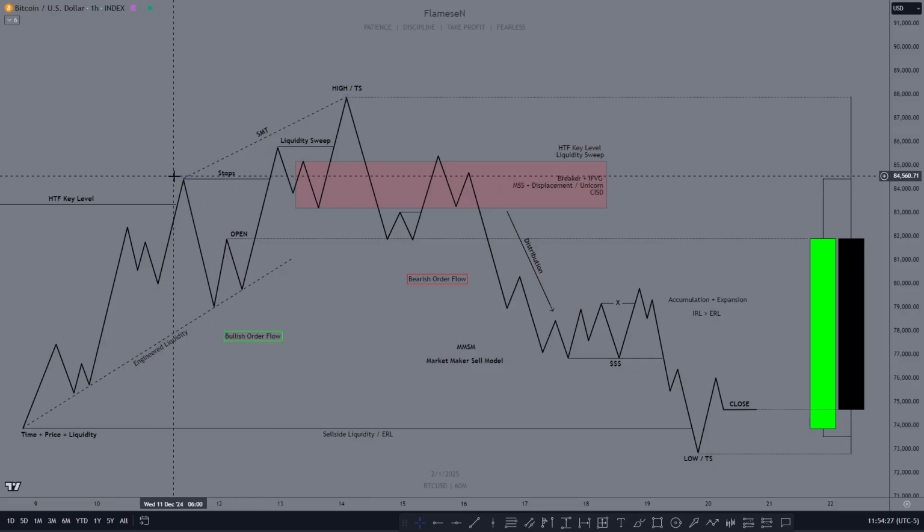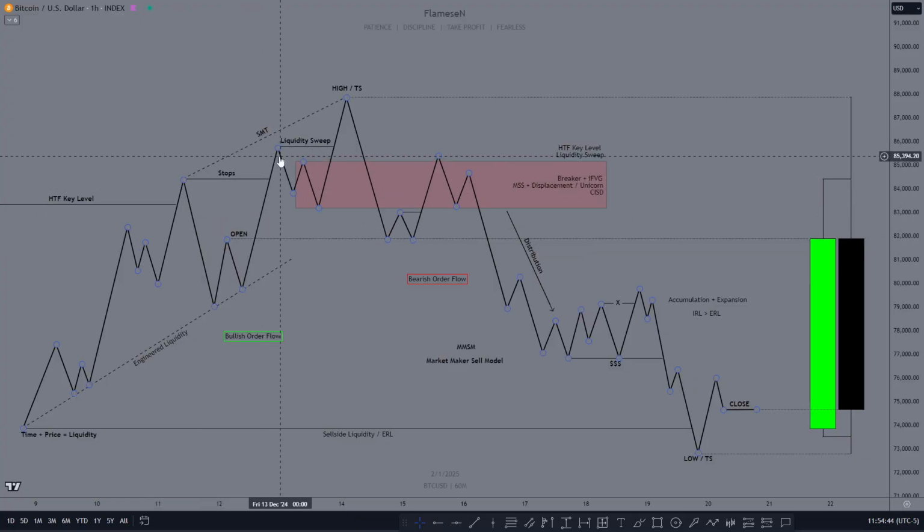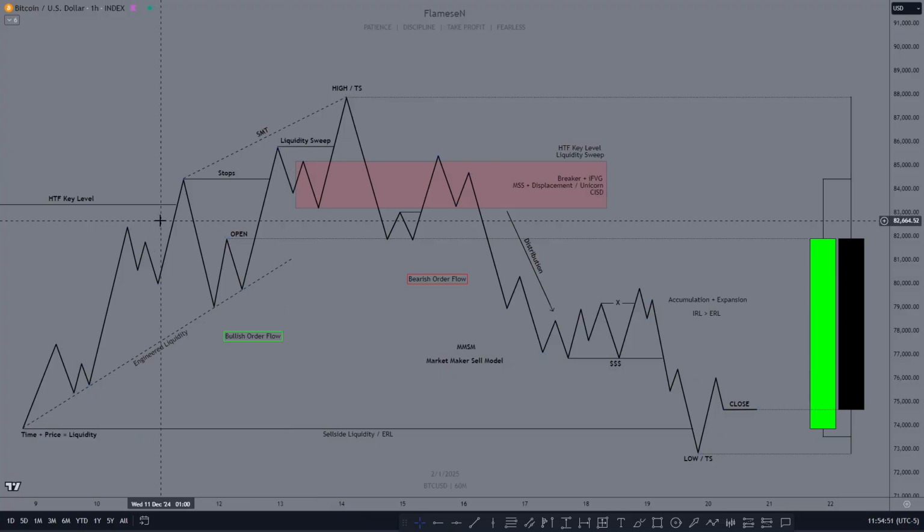We're taking out the stop losses from both people that were short from the high time frame key level, and then the people that were short from falling below it again. So these are the first stops. A lot of people will then short here thinking this is the end of it, and this is where a lot of people get wrecked. This is where I did go wrong at the start. I thought, short the first CRT that you do see at a high time frame key level. This is wrong. With my model, we are looking for 3 purges or 3 pushes above that high